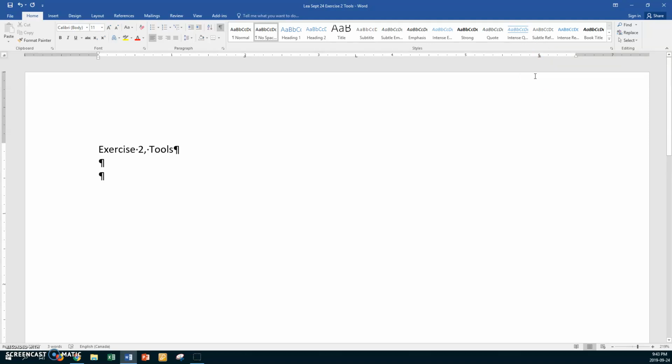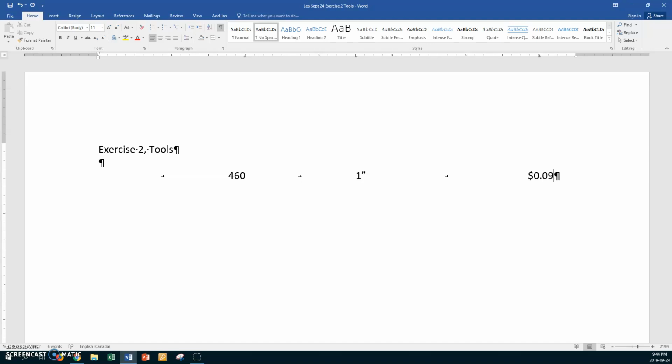Alright, now it says key in the following information. And it also says press the tab before you start. So press your tab key once and type 460. Press your tab key again and type 1. And now the inch symbol is the shift of the quotation of the apostrophe. So it's right beside your enter key. There's your inch symbol. Alright, and then tab, and you want to put in a $ sign